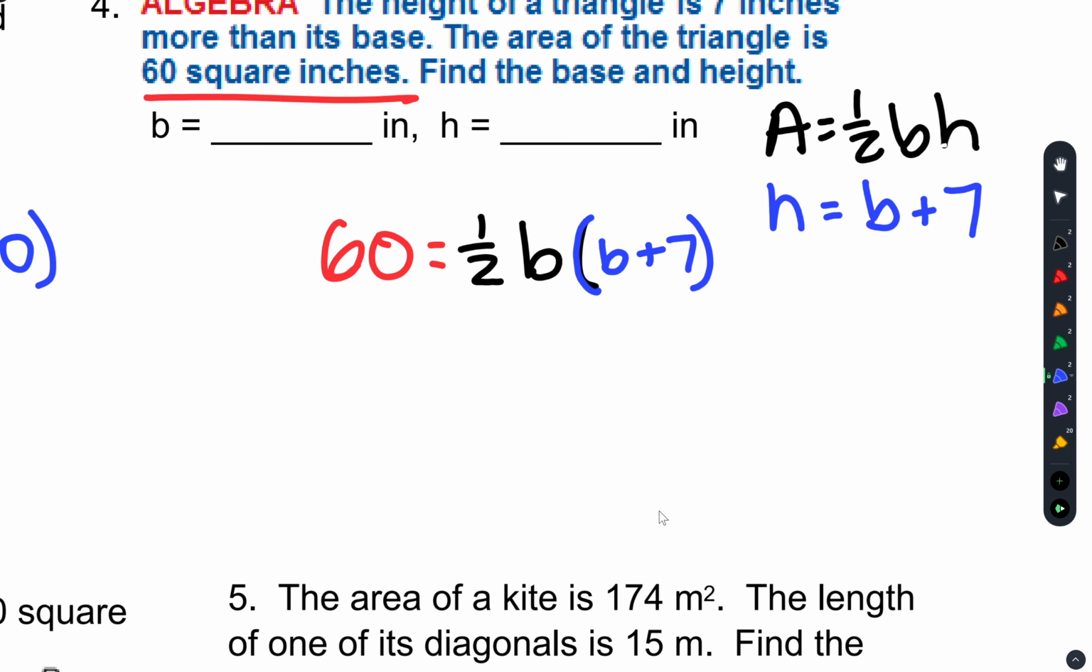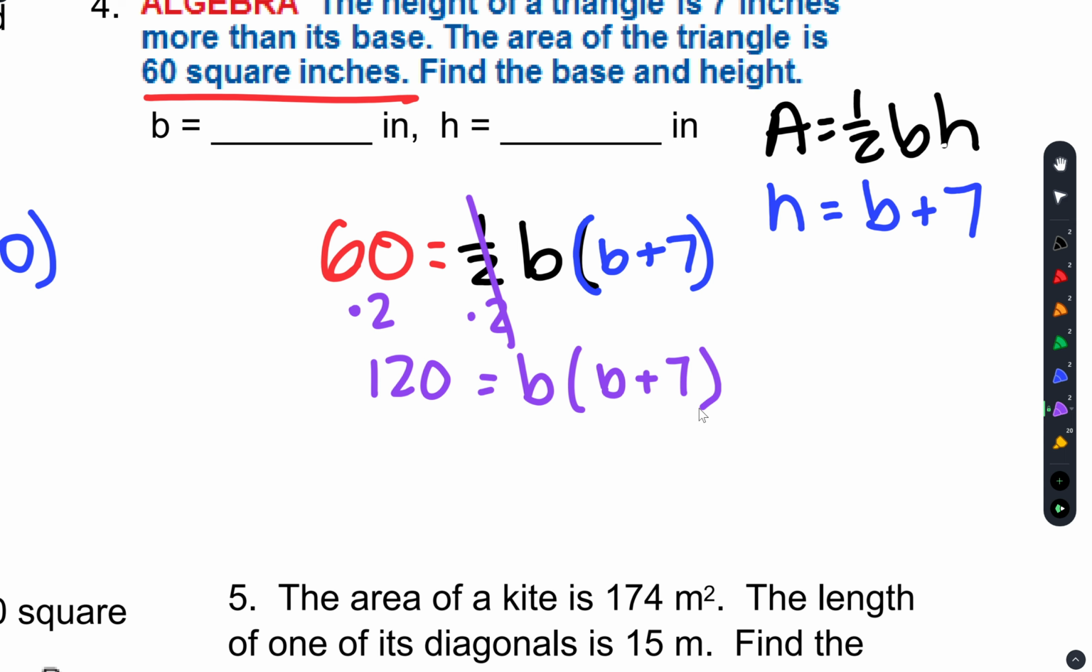Okay, so now we have to be a little bit careful. I don't like working with fractions. If you don't mind fractions, that's totally fine, but I know a lot of us also don't like fractions. So I'm going to get rid of that 1/2 by multiplying both sides by 2. That is the very first thing that I am going to do. Then,